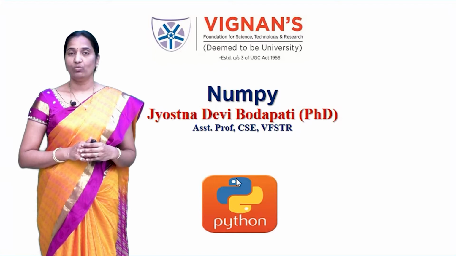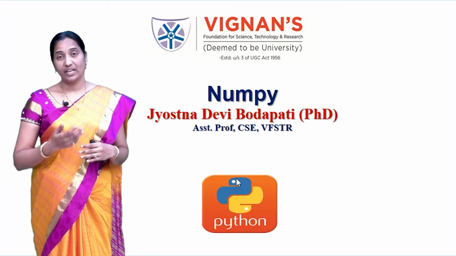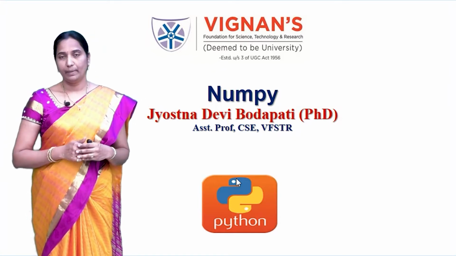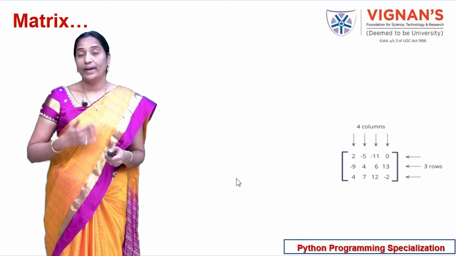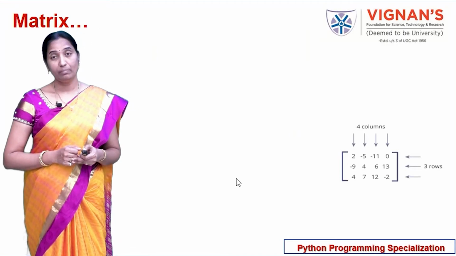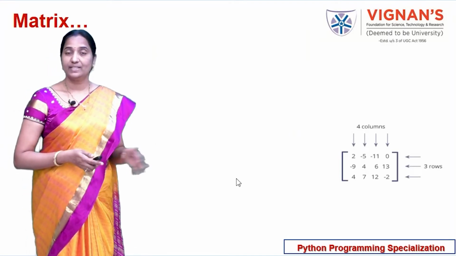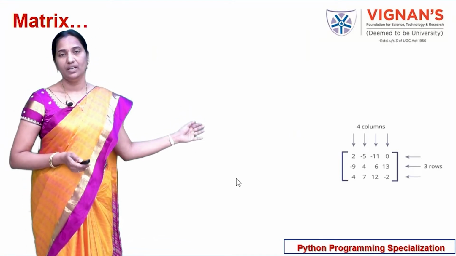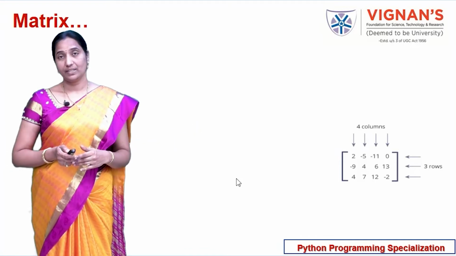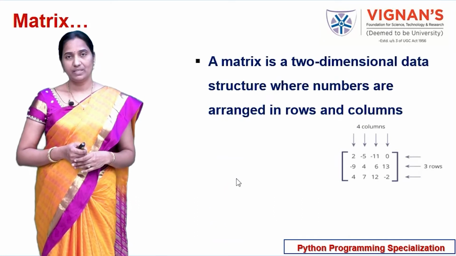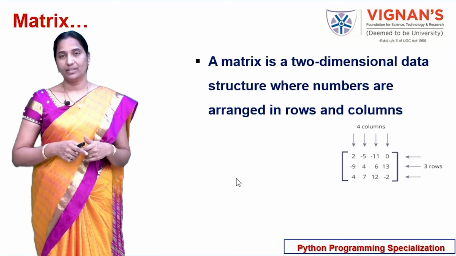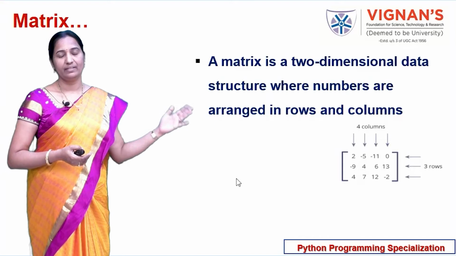Before understanding what NumPy is and what the use of the NumPy library is, we will try to understand what a matrix is and why we need to use NumPy for matrix operations. So, let us have a look at this picture here. You can see what is called a matrix, a two-dimensional matrix. A two-dimensional matrix is a set of numbers represented in tabular format, which contains a set of rows and columns.